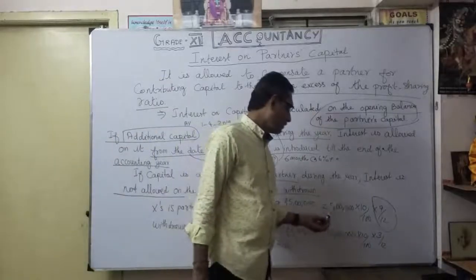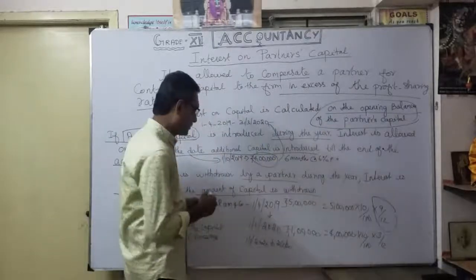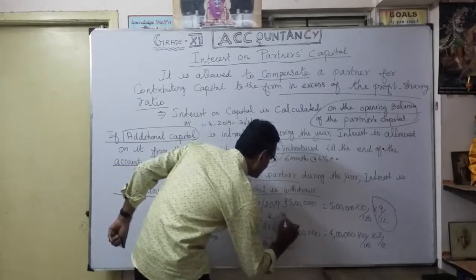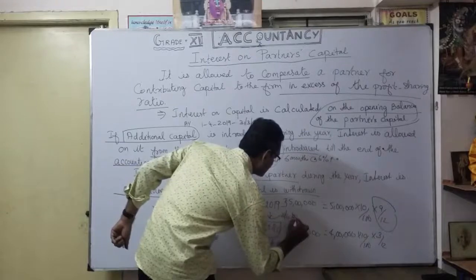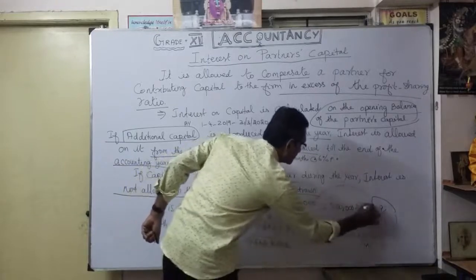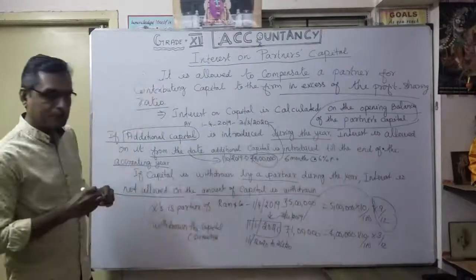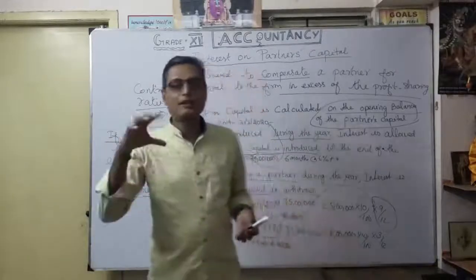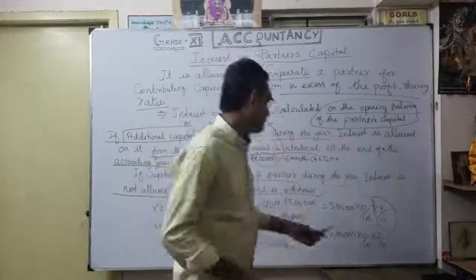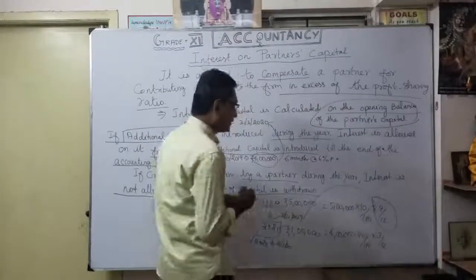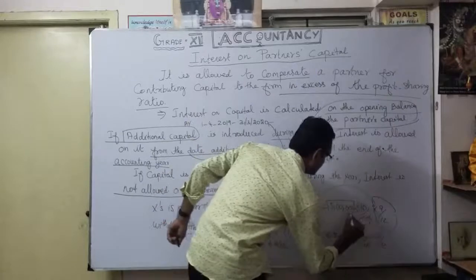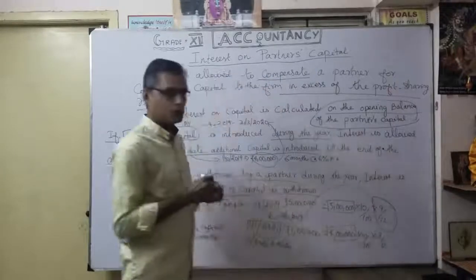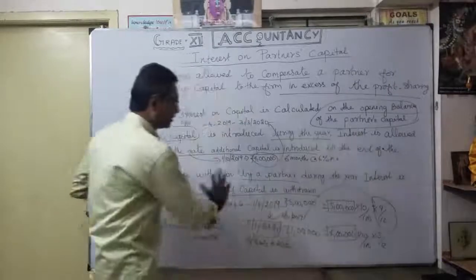So on 5 lakhs, up to before the withdrawal, this is the date, it will end on 31/12/2019. That's why 9 months. Thereafter 1 lakh is withdrawn, so now the capital will be only 4 lakhs. So the balance 4 lakhs we are going to calculate for 3 months. Now likewise you want to bifurcate. Understood? 5 lakhs can become 4 lakhs. You can't calculate the entire 5 lakhs up to 12 months. So this is the logic.